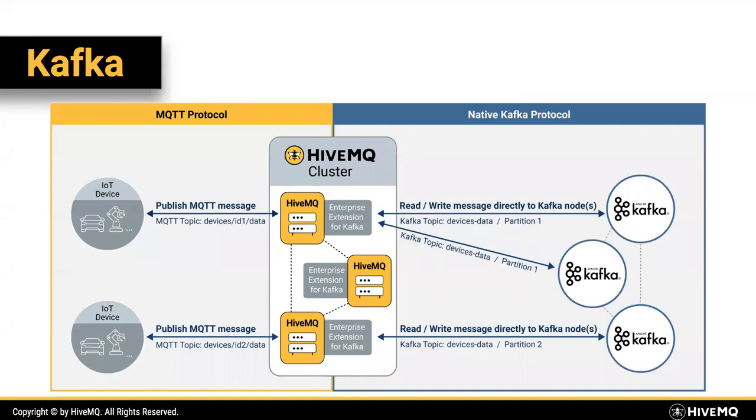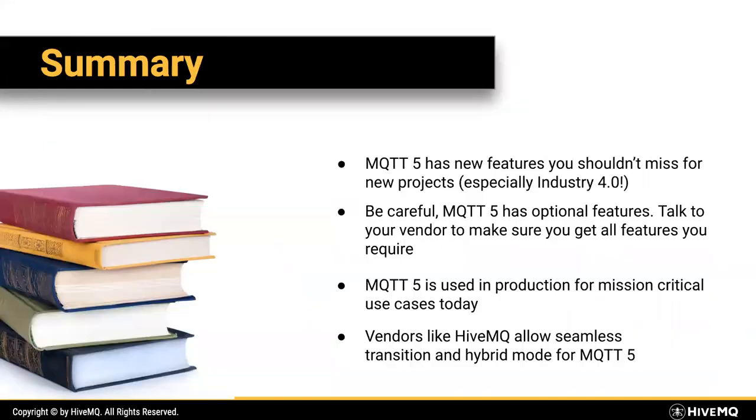And if you're more of a visual person, this basically means to have a broker cluster, an MQTT protocol layer on the left, where a lot of devices are talking to each other. And there's the native Kafka protocol HiveMQ integrates with, so it can read and write messages to Kafka, to different Kafka clusters even. And so you can do this in a very fine-grained fashion. You can even have Kafka topics for MQTT 3 messages, for MQTT 5 messages. So you have full flexibility here. Again, if this is interesting for you, talk to us. We're more than happy to show you this.